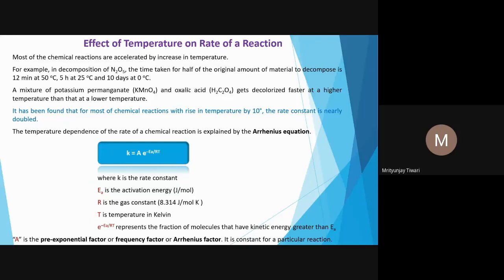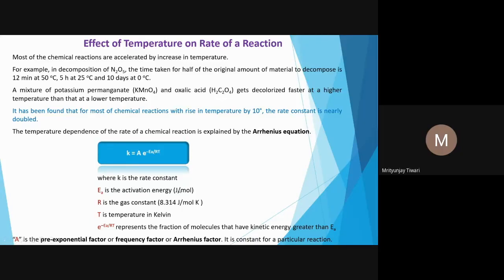The temperature dependence of the rate of a reaction is explained by the Arrhenius equation, and the Arrhenius equation tells us how the value of the rate constant depends on temperature. As we know, temperature affects the rate constant, so temperature will affect the rate of the reaction, because the rate of the reaction depends on the rate constant. From the rate law, we have this information. So the rate constant K is equal to A e to the power minus EA by RT, where K we know is the rate constant, EA is the activation energy,